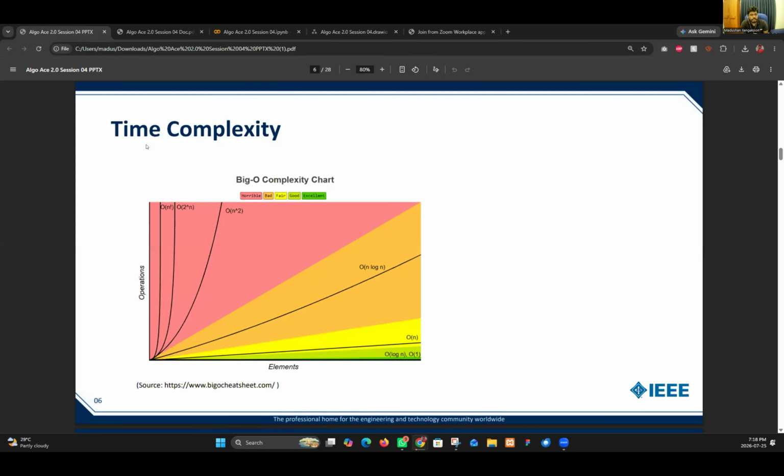Now you will see the time complexities. Some students are not familiar with that, but eventually we will learn it in this lecture. For some programs we need to think about the time and the space.